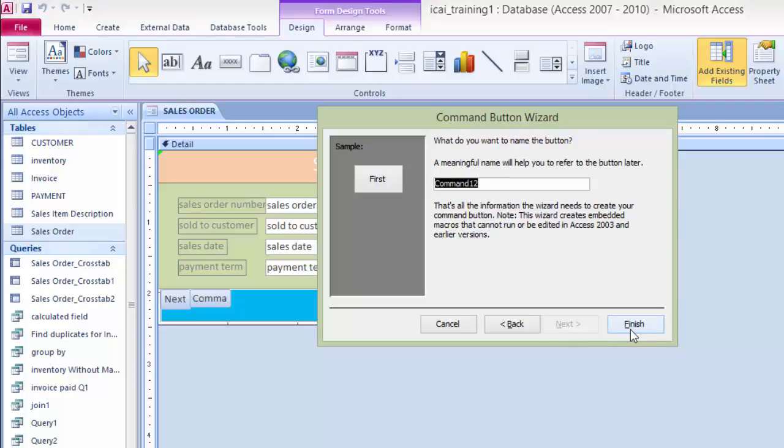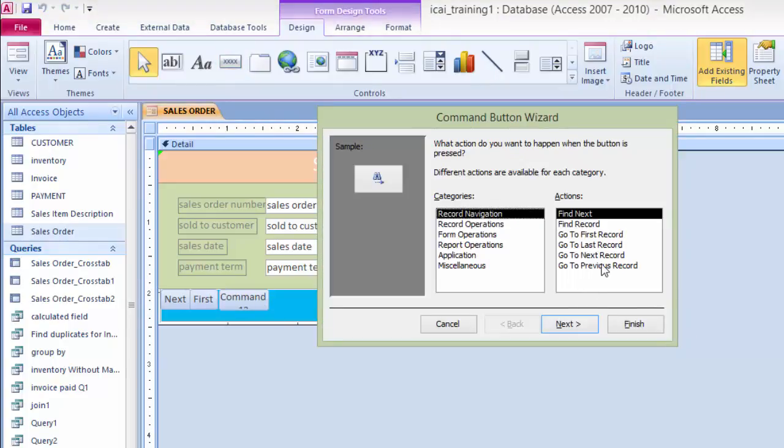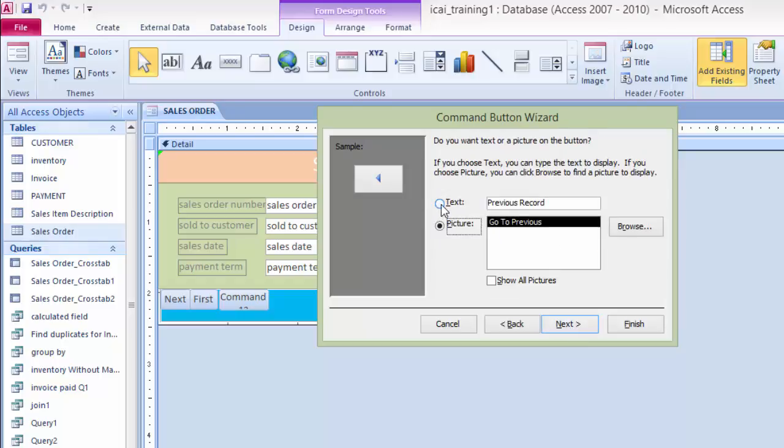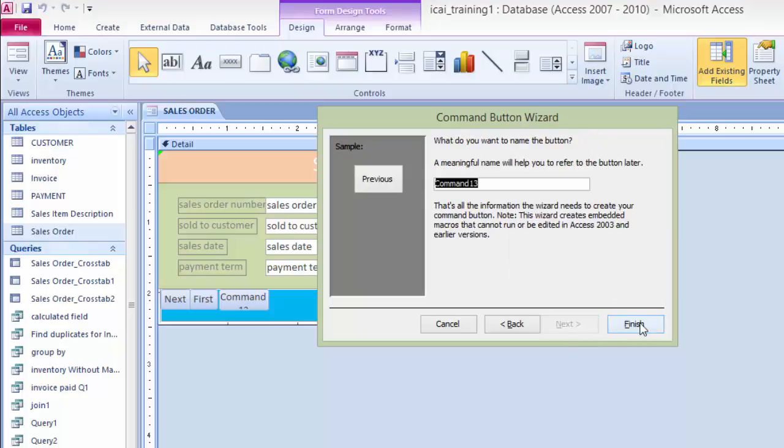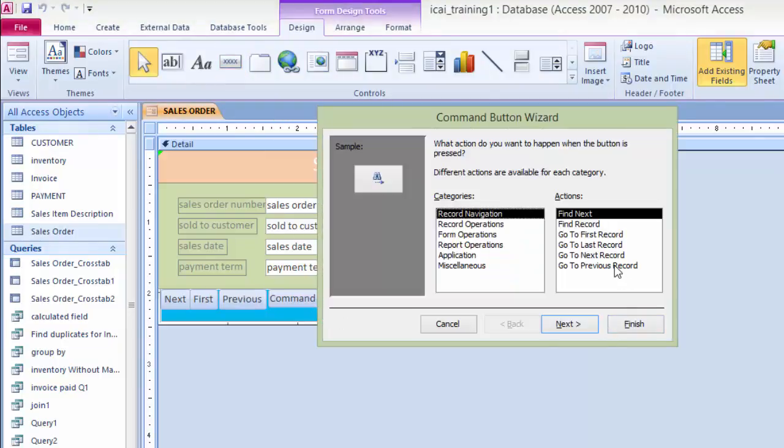Now this next command button is named command 12, finish, it's the first. Then again click on the command button and drag to here, then select the previous record, click on the next button and click on the text option, remove this record, next, and then finish. Then again click on a command button, drag to here,